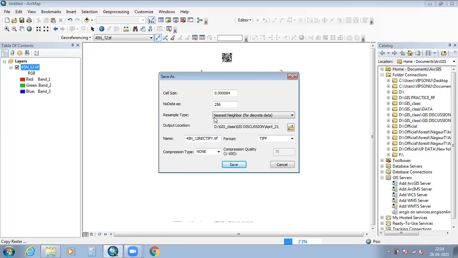It may take some time to export any raster data, and after this step, we will define the projection.